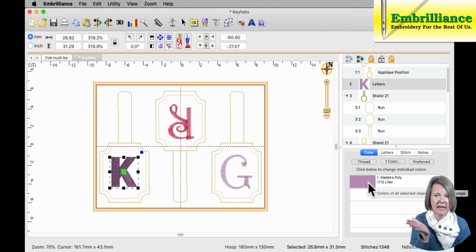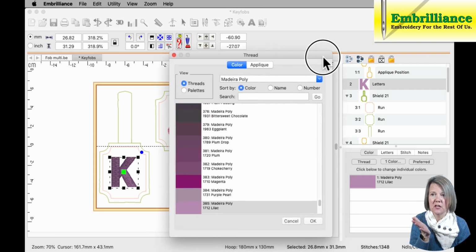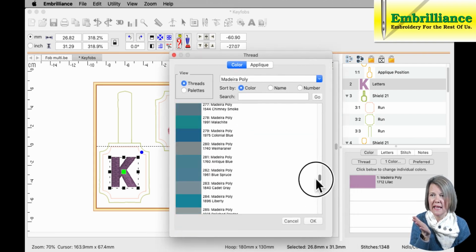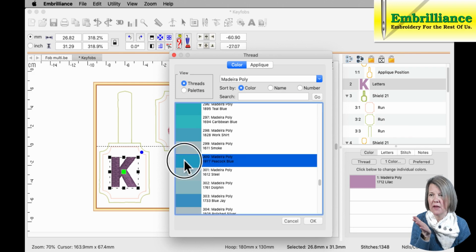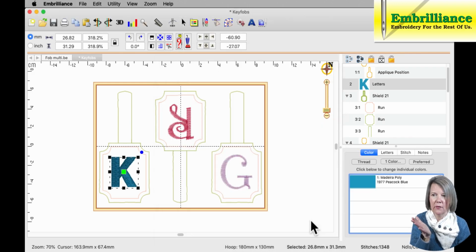If I wanted to change this to a different color, I click on the color chip, go to the thread palette that I want to use, and how about if I change it to a pretty blue color and click OK. Now I'd like to change that R to the same color blue because I'm going to run a